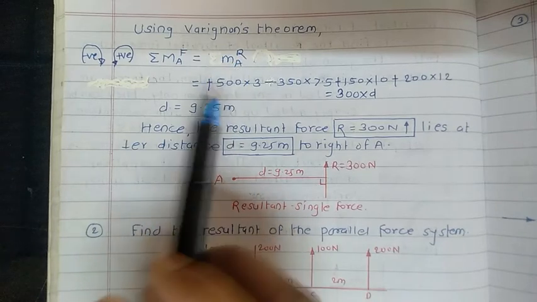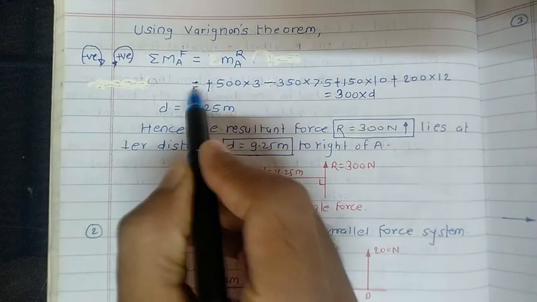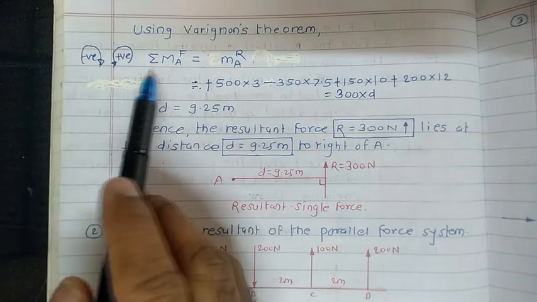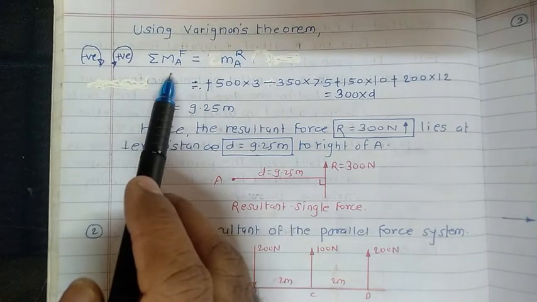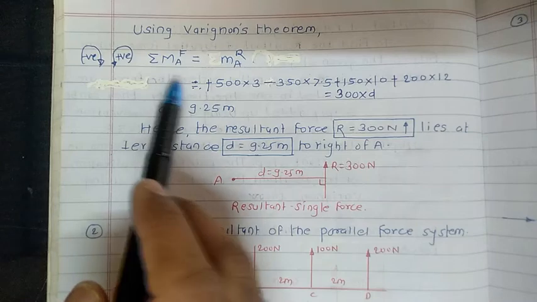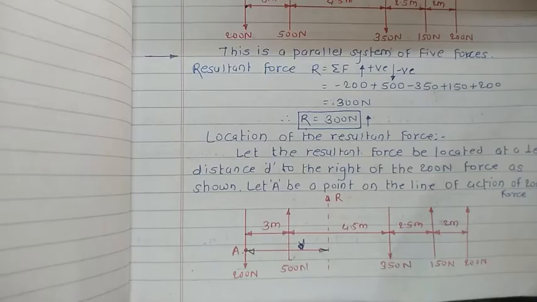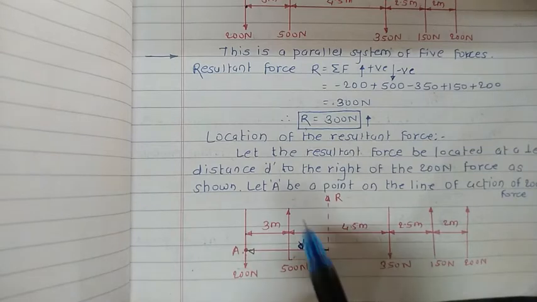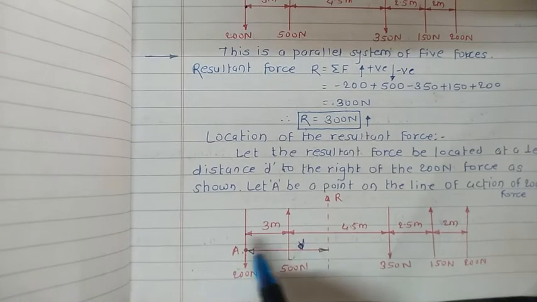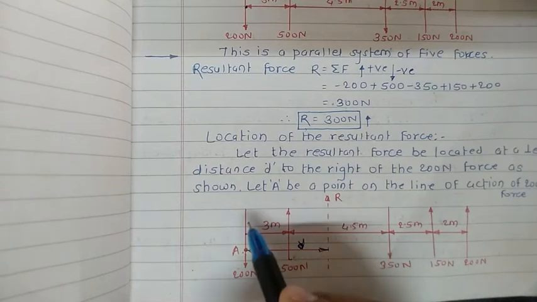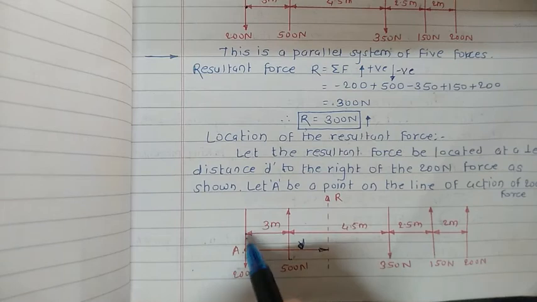Now look towards the left side. In the left side, summation of moment of all the forces about any point is written here. So you have to take the moment of all the forces about the A point. For that, look towards the diagram. The first force here is the 200 Newton force. The line of action of this force passes through this point. Either you consider this force or neglect it. If you consider it, the line of action passes through this point, which means the distance becomes 0.